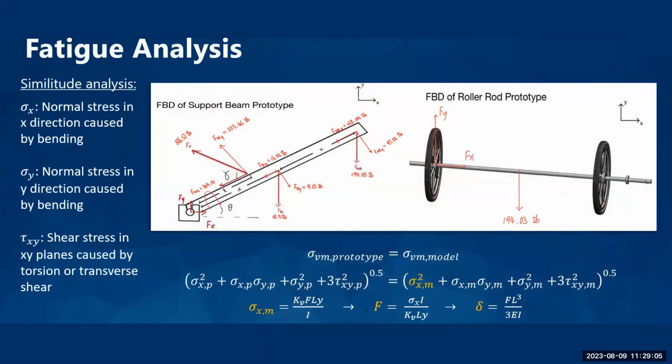All right, so to predict the performance of the full-scale model with small-scale specimens, we had to perform similitude analysis to reflect the forces that we want to induce on the small scale to represent the full-scale model. And to briefly sum up the theory behind this, we use the von Mises failure theory to sum up